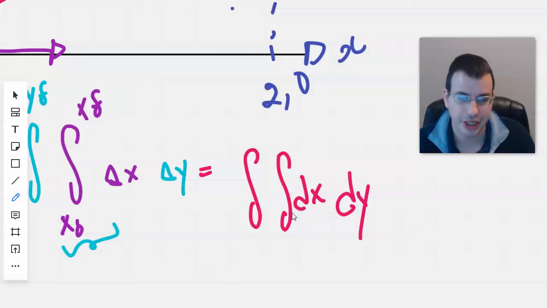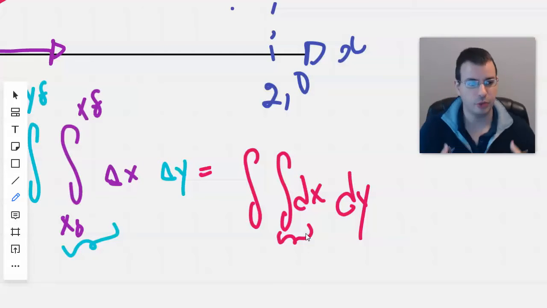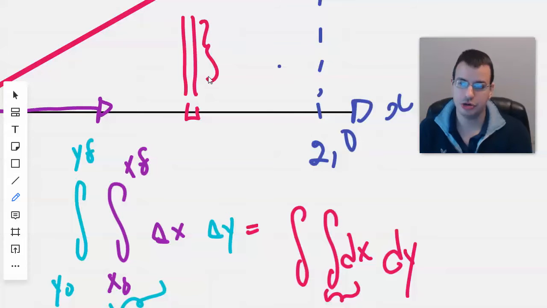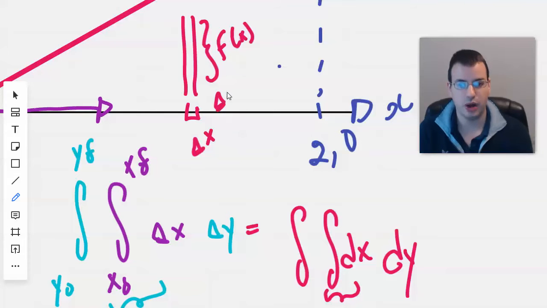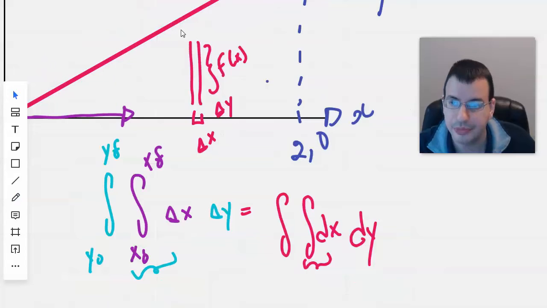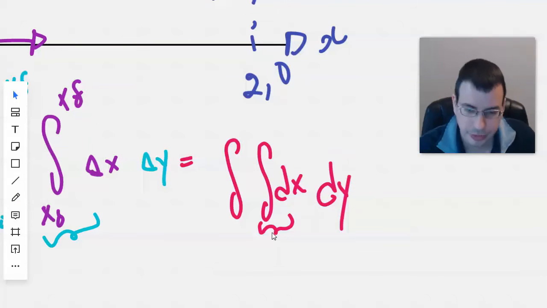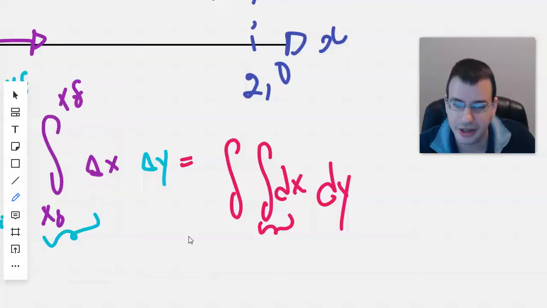Okay, so we'll do this inner integral first. And you might think, should we have anything in there? Should there be an f of x? But no, because the reason we had the f of x before was because we're making a rectangle with the f of x as the height. Now we have our dy as our height. So it's just dx dy. So we'll do the inner portion first, and we get